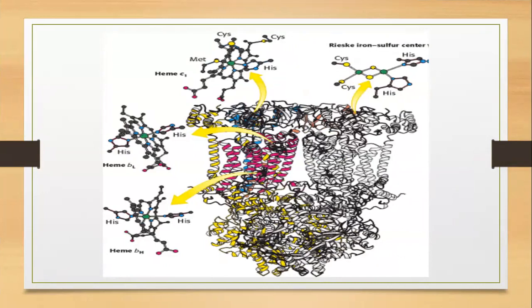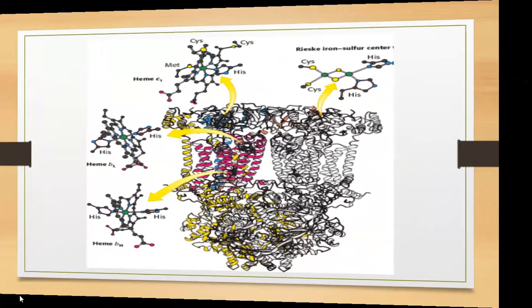Okay, so these are the active parts of the complex number 3. We have the Rieske iron sulfur center, the heme c1, the heme bL, and the heme bH. Basically, itong mga parts na to, ito yung gagamitin doon sa explanation kung paano nagwo-work yung enzyme. Rieske, heme c1, heme bL, heme bH. So, paano ba nata-transfer